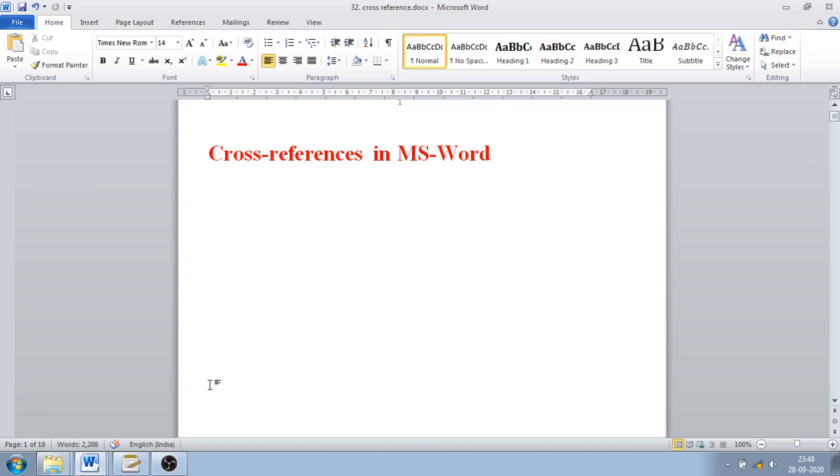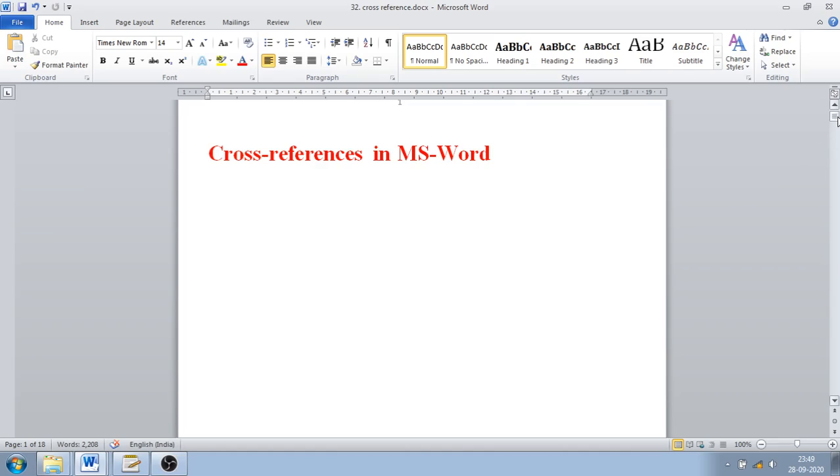We have already learned about the hyperlink, which is useful to create a link within a document, outside the document, on a web page, or you can also create a new document by creating a hyperlink. In a hyperlink, we convert that word into a heading and then we create a hyperlink. But in cross references, we don't need to convert any word or sentence. How to create a cross reference?